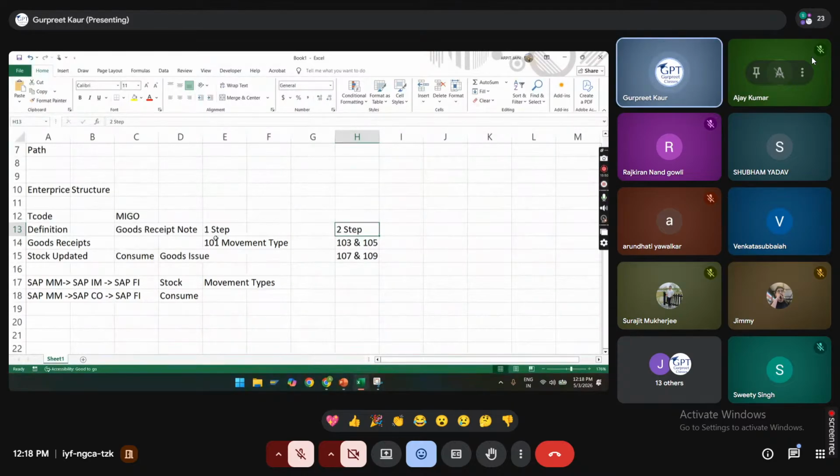Okay, here is the difference: when you are putting your stock for actual use, and here you are blocking the material, and then after evaluation you will be keeping it in your usable stock. Until your material is at 103, it is neither valuated nor stockable. Now, how many of you are aware of the difference between 103, 105, 107 and 109? What is the difference between both?